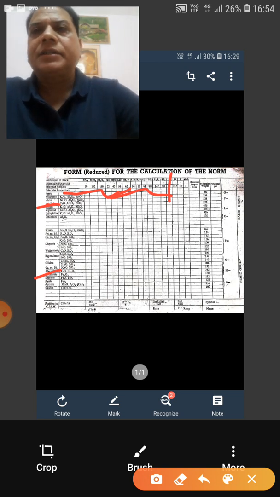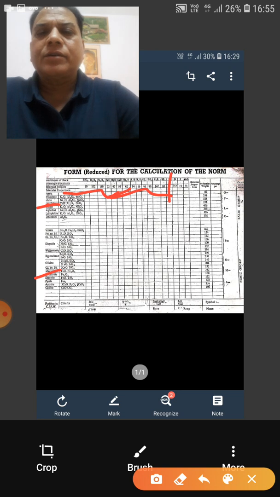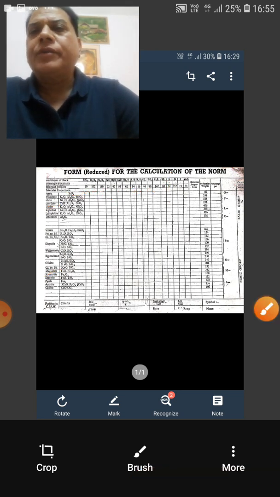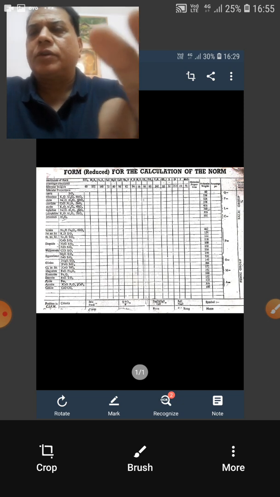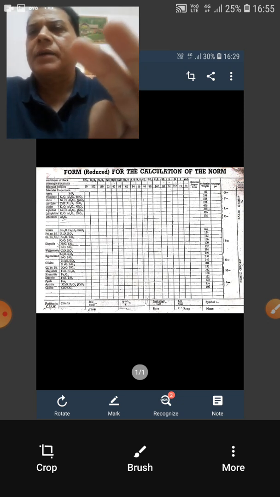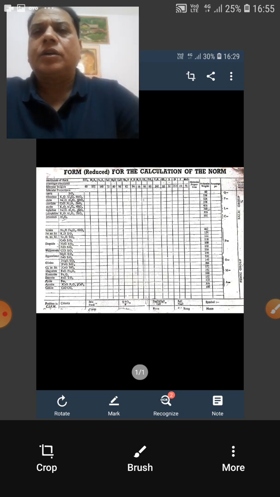After orthoclase, the next mineral is albite. In the same way, albite is 1 mole of Na2O, 1 mole of Al2O3 and 6 moles of SiO2. So take the Na2O, an equal amount of Al2O3 and 6 times SiO2, and albite is formed. After formation of albite, the next mineral you will form is anorthite, which is 1 mole of CaO, 1 mole of Al2O3 and 2 moles of SiO2.